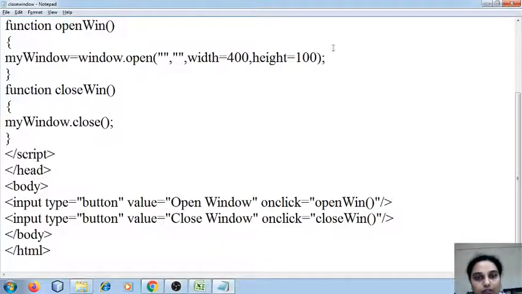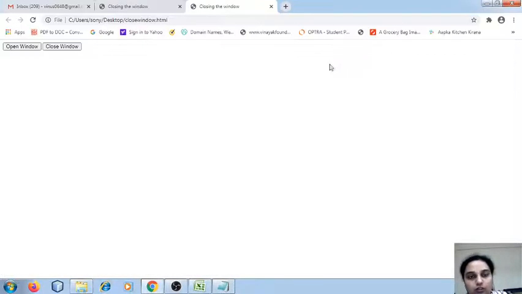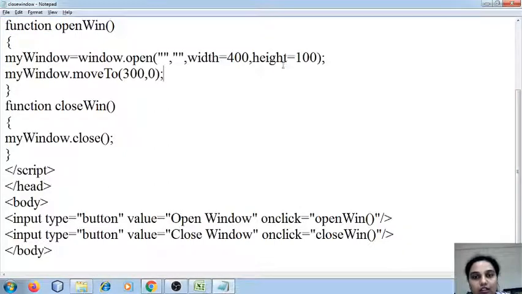What you can do is when you open, you can even specify the position. So you can write my window dot move to, you can specify what position you want the window to be moved. So can you observe now the window has been moved to 300, 0. The height is very less, that is why it's showing so.